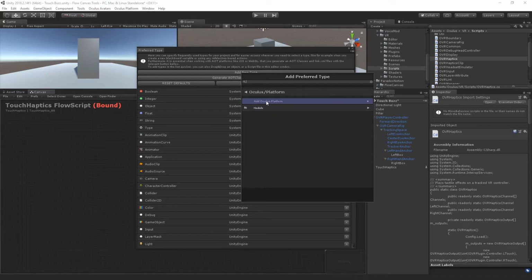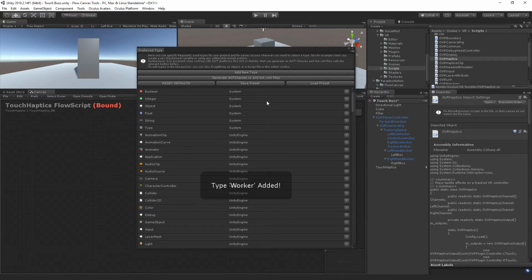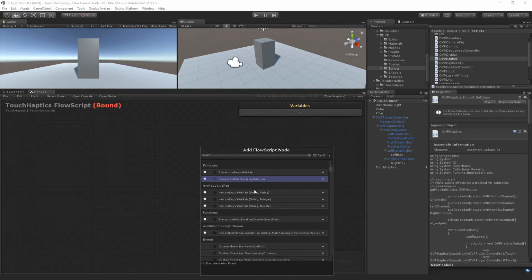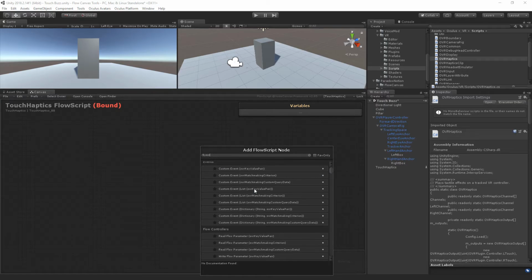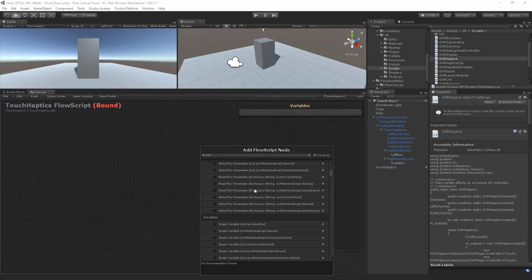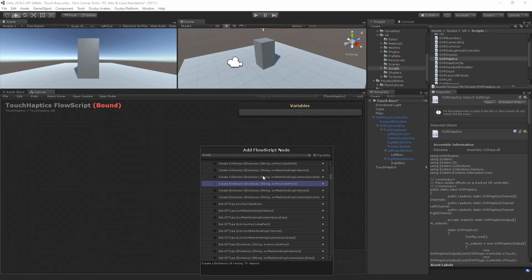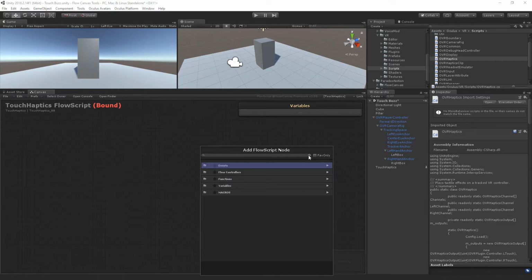So let's go add Oculus platform. So now if I right click and type OVR, I've got all these Oculus nodes available, variables and lots of stuff, but there is no